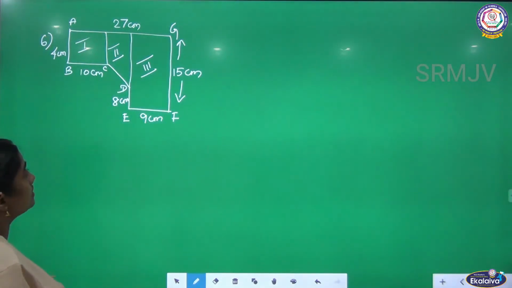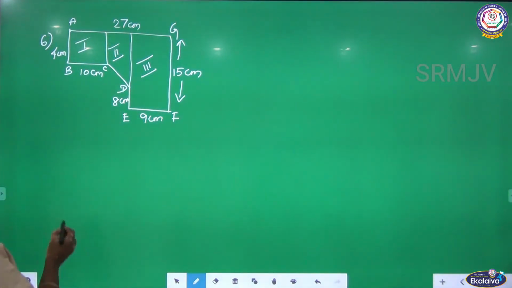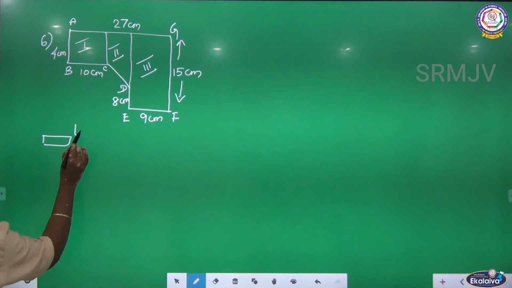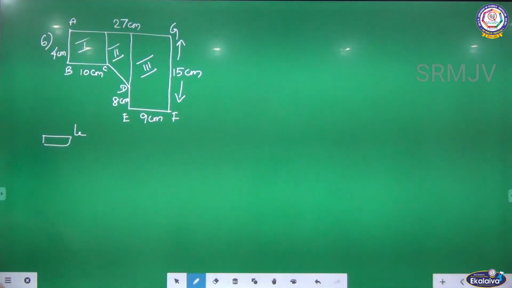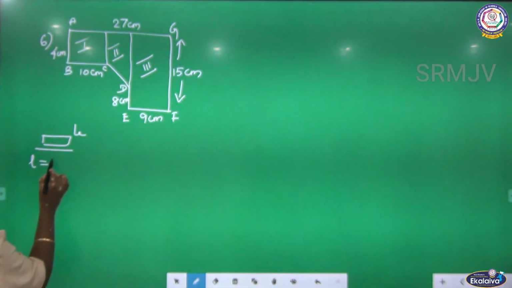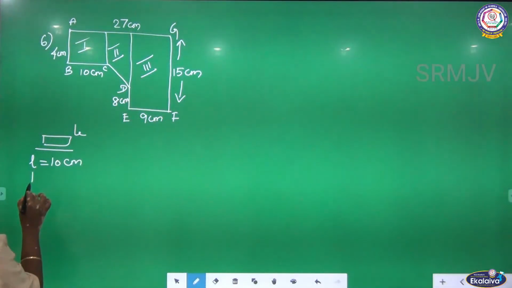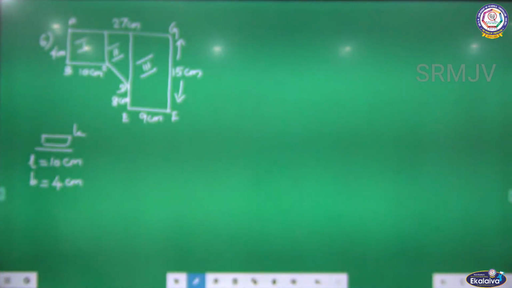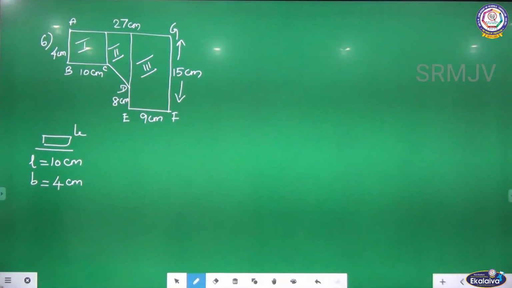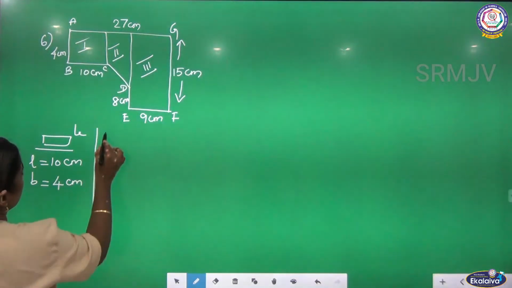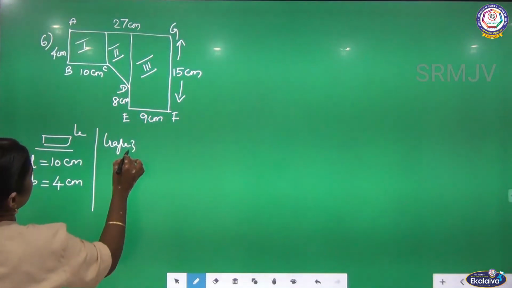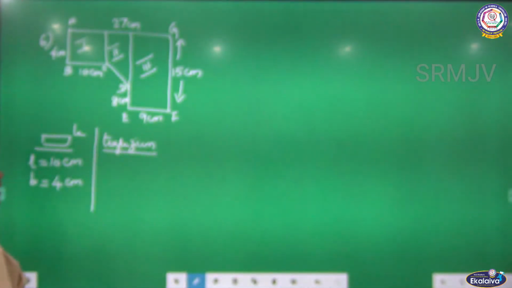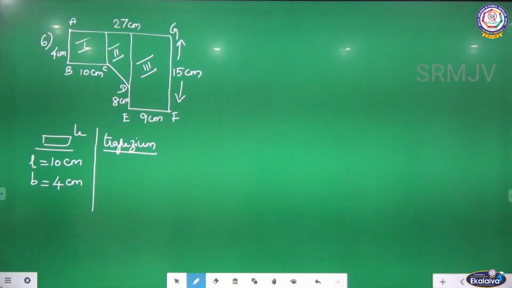See, what is this? Area of a rectangle formula. Length, breadth. Collect the length and breadth. The longest side is what? Length. So L is equal to 10 centimeter and breadth is equal to what? 4 centimeter. The first figure is over. Second one is trapezium. So for trapezium, I am going to write the parallel sides and then what? Height I am going to write.